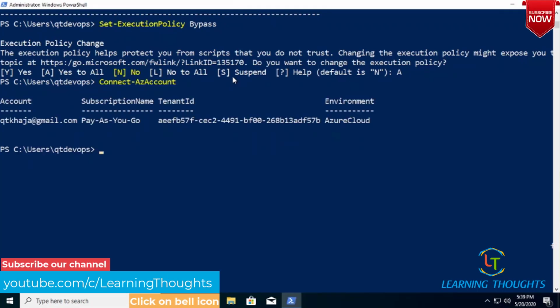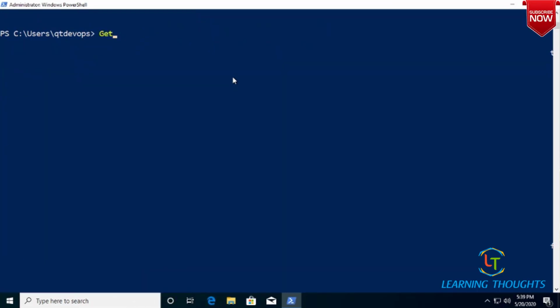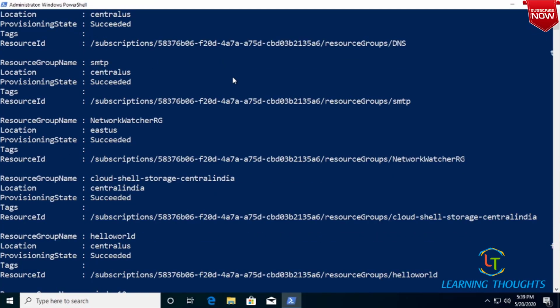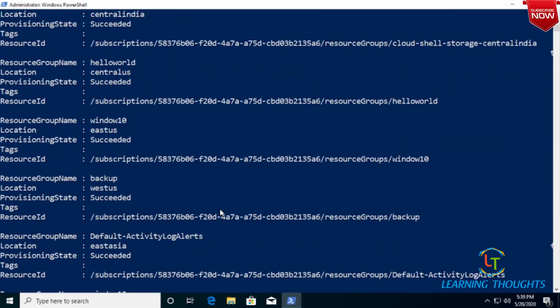And now if you see, Azure is basically set up. Now let me execute a very simple command, Get-AzResource. This command will give me a list of all the resources which I have connected to my account. That's it.